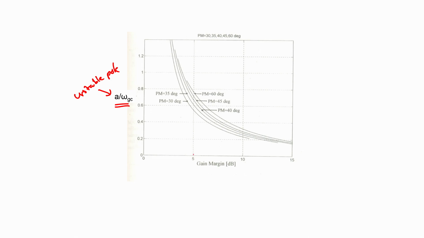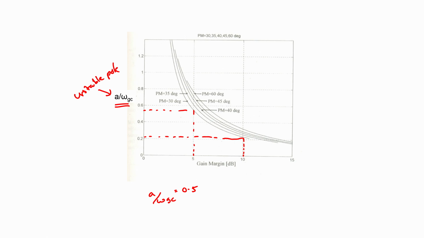For instance, if you specify a gain margin of 5 dB and a phase margin of close to 30 degrees, then your A by ωgc has to be at least equal to 0.5, or in other words a little bit more than 0.5, or in other words the minimum necessary gain crossover frequency has to be almost double of A. Likewise, if you want a phase margin of 30 degrees and a gain margin of 10 dB, then we note that A by ωgc will be close to 0.2, or in other words the minimum necessary gain crossover frequency